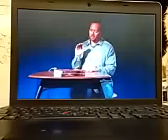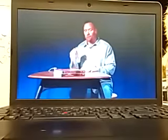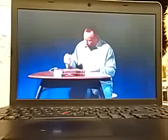Before you continue on to chapter 2 in the grammar, you need to be able to write out from memory all 23 letters of the Hebrew alphabet from left to right. So we're going to begin on the left. Here we go. Aleph,